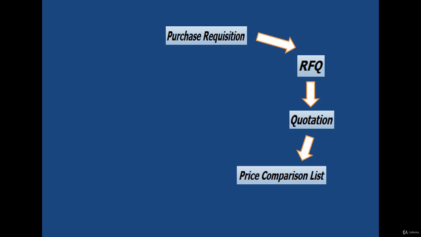Price comparison list is nothing but the vendor evaluation element. So after receiving the quotations, the company makes an analysis and studies and comes to an outcome in the selection of vendors through the vendor evaluation process. So in SAP, the vendor evaluation process is also known by the element price comparison list, followed by